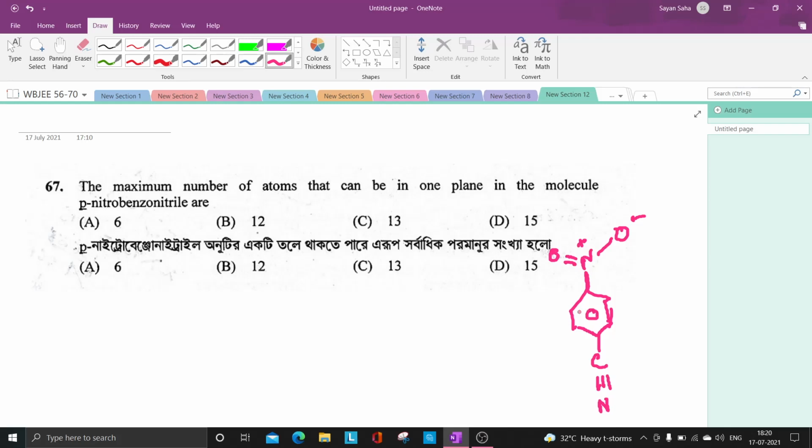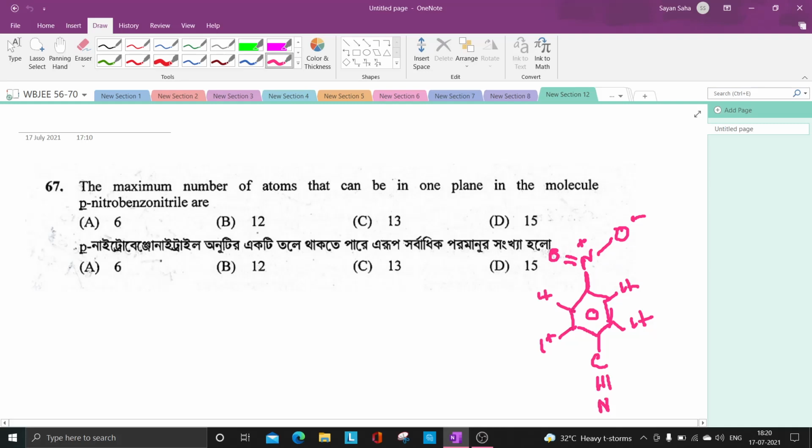Also you know benzene is sp2 hybridized, so the whole benzene is in this plane only, with its hydrogens, here is one hydrogen, here is one hydrogen. These are in this plane only because these atoms are sp2 hybridized. And also this N is sp2 hybridized. You calculate this N, you will get sp2 hybridization. So these oxygens are also in this plane.